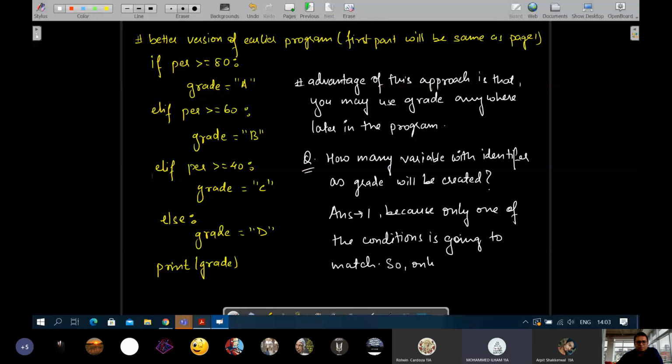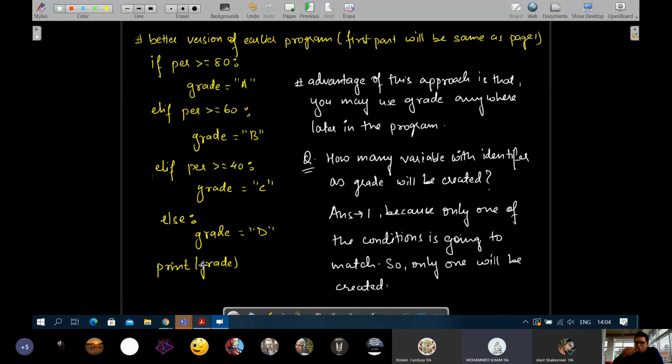So, like in an exam, I forgot to put this grade is equal to A, the variable part, and I wrote my whole program. Then, if I want to write grade is equal to A, grade is equal to B, can I write it in the same line as the print statement? Print also in the same line and the variable initialization also in the same line?